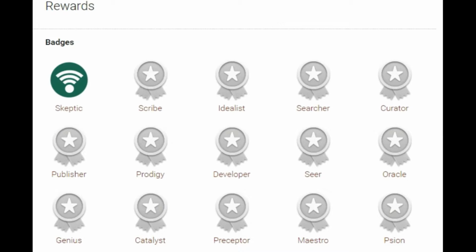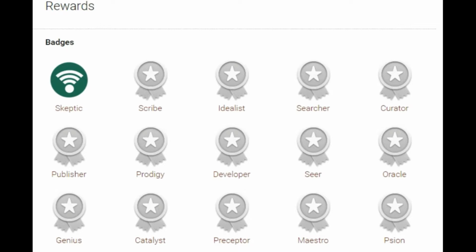And badges are simply digital images or digital icons that have baked-in metadata or information embedded into the images themselves. So in this case, as you can see, there are 15 badges that can be earned in context of this game. And currently, our character Wagner Gael has earned the first badge, which is called Skeptic. And to find out a little bit more about exactly what that badge is, you simply click on it,